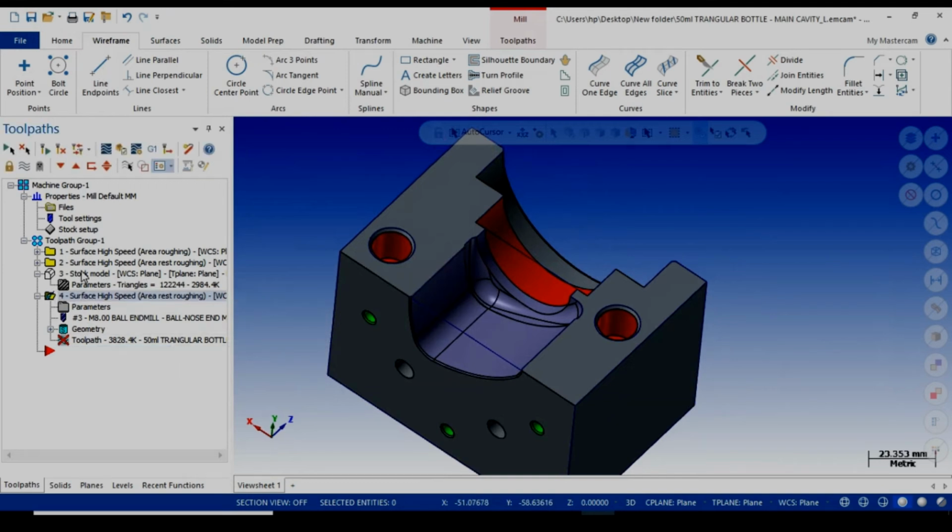Generate the tool path. It is being generated.